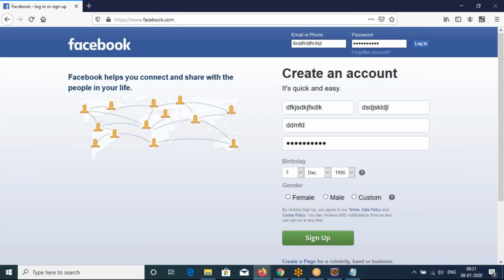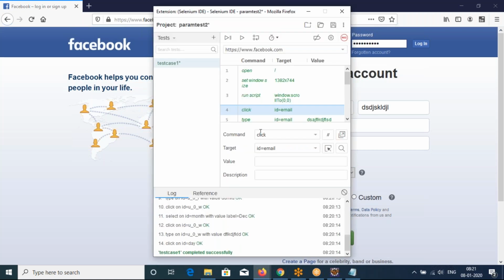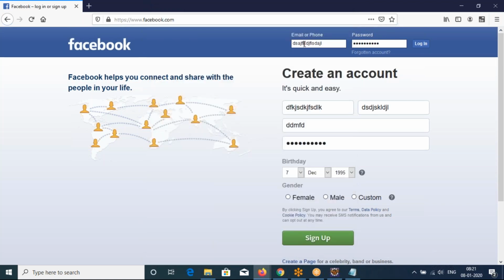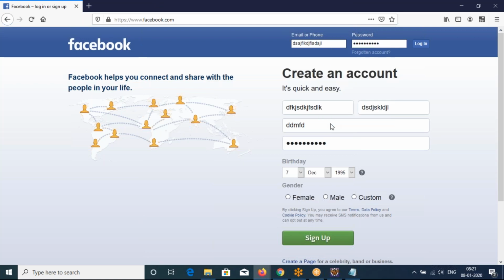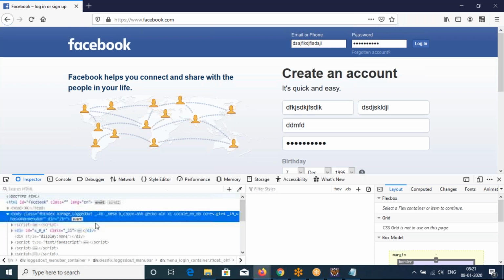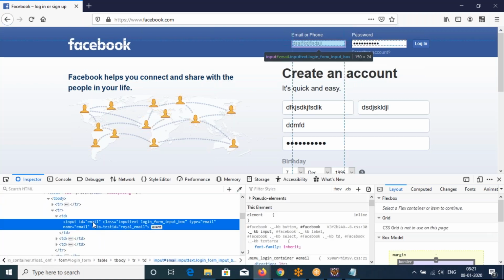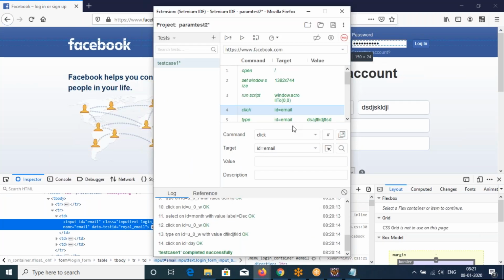As a human, you can understand that you clicked on this, but a computer cannot understand how it is represented. It is an HTML structure where some properties are given. The developer will give ID equal to email, so it will be unique. So here the ID is email. How will you know that? Inspect the element. If you inspect the element, you see the properties. ID equal to event, so it will be recorded like ID equal to event.